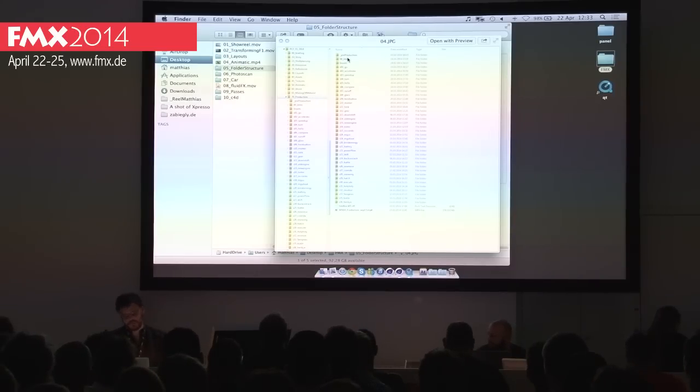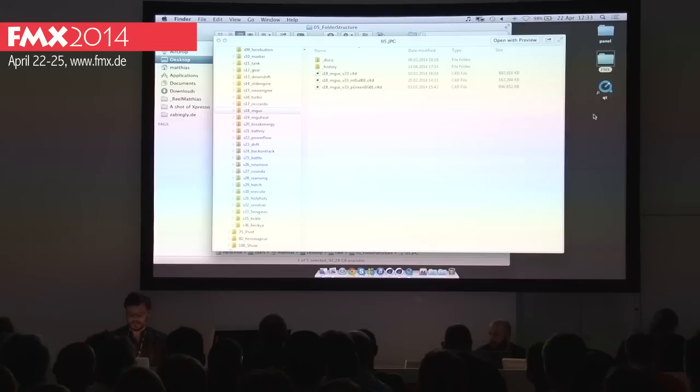That's the production folder with subfolders for every shot. And in a shot, it's looking like this. That's shot 18 MGUs, which is a motor generator unit. We tried just having shot 1, shot 10, shot 12, shot 15 without any names in the back, because it's potentially making the file names very long if you have names for the shots as well. But it's just way easier to remember what you're working on if you have names, short ones, not